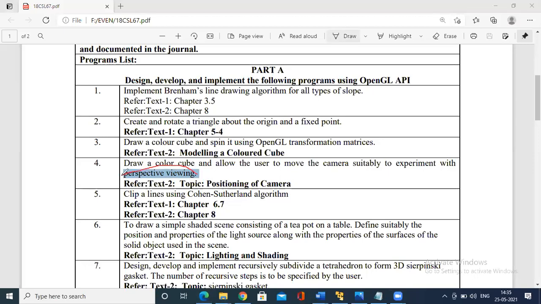Basically, perspective viewing is nothing but the object being moved away or far. I showed you the image of a tree. The viewer would be moved away or nearby along the various axes. At that time, how exactly the object changes its shape, we are going to study in the case of perspective viewing.